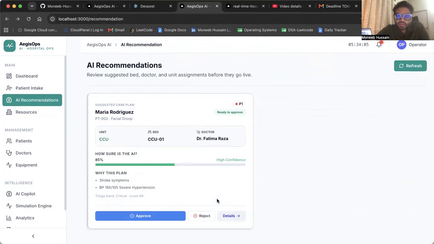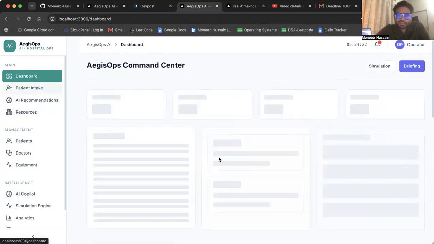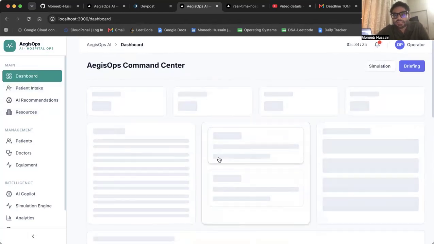He can reject it, get the details, or approve it against every patient. All of this is given by AI: which bed should be preferred, which unit should be preferred, which doctor is preferred, and how sure the AI is. And other things that we have on the dashboard is the